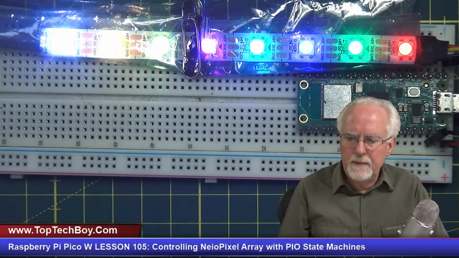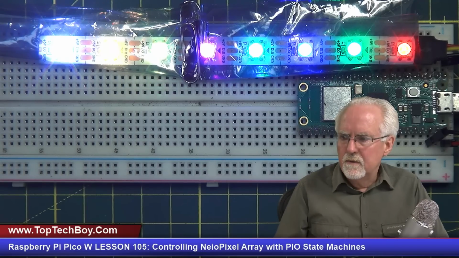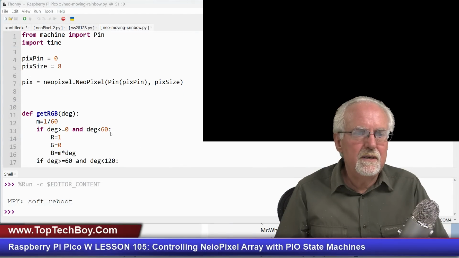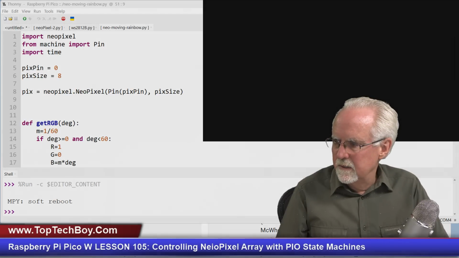Okay, you guys, for homework, let me see if I can find a good homework for you. I know some of you guys maybe did this as a homework, but those of you that just followed along with me, now you can come in and create a really neat pattern using the state machine that we just created. When you create the pattern, you're not monkeying with the state machine, because you can't touch the state machine. You can't touch it because the state machine timing is perfect. But what you are doing